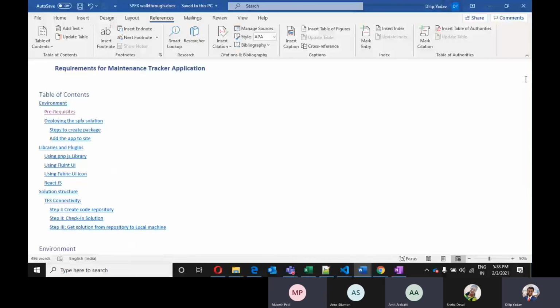Bitbucket is basically an extension of Git only, so all the commands are similar. This platform is Git only. Then great, the same commands that Dilip will explain will work in Bitbucket as well.